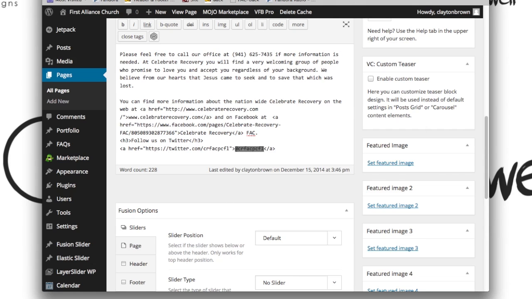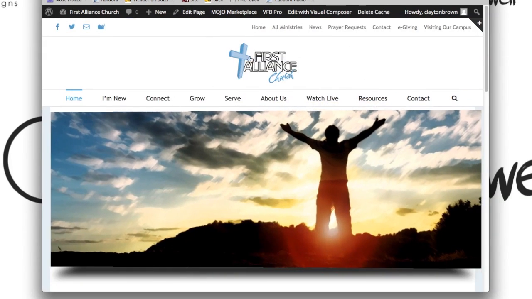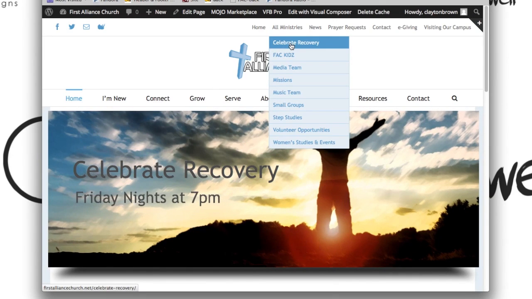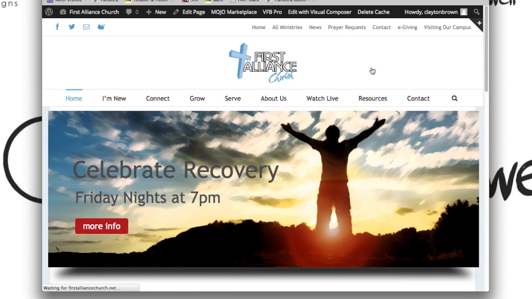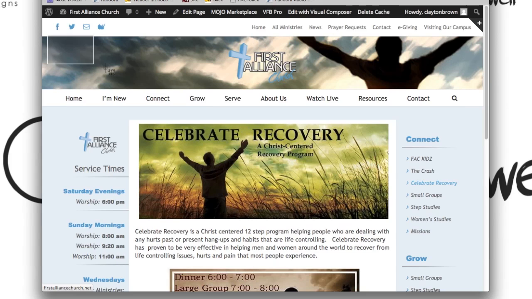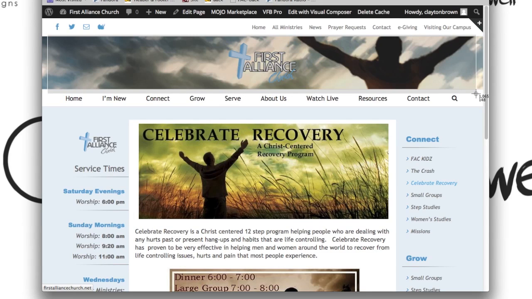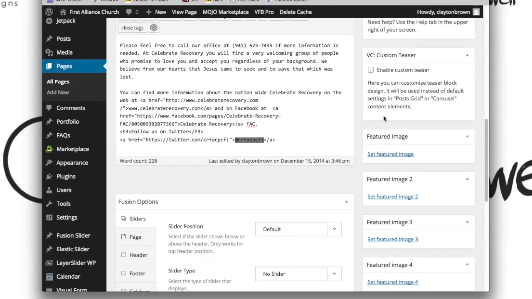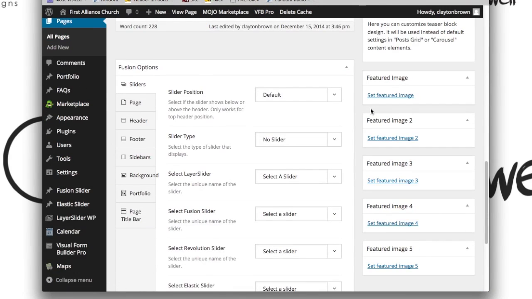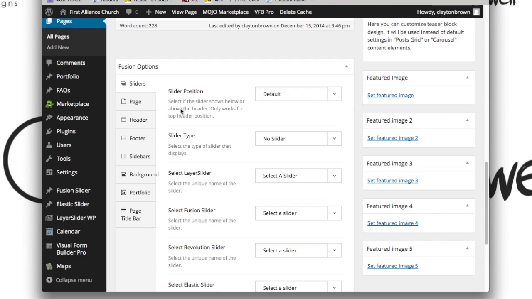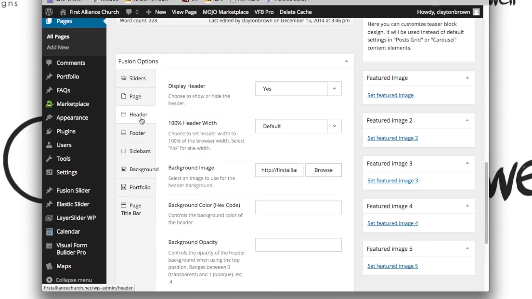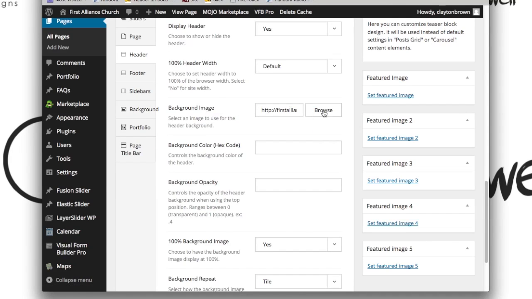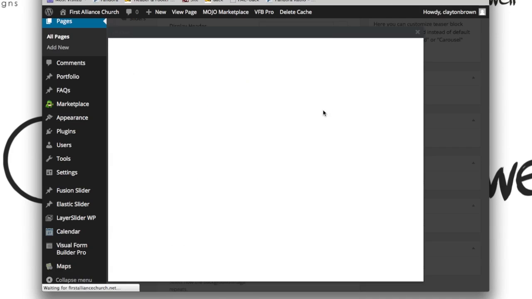Alright, now one thing that's interesting about the Celebrate Recovery page is the fact that we've got a custom header image here. I'll show you exactly what that means. That is this bit up here. This is something that you do change on the page itself. Alright, so to edit that image, if you wanted to, you'd come down here to Fusion Options and you'd click on Header, and here is the header image. If you wanted to change this, you would browse,